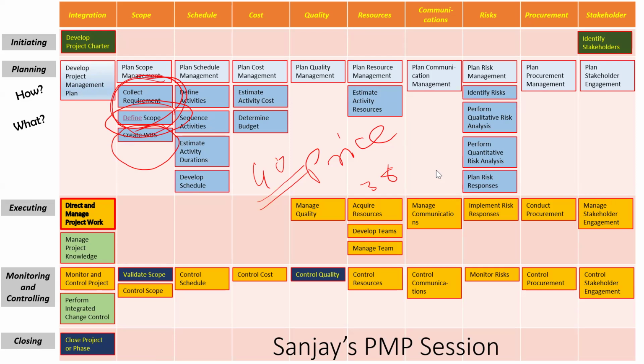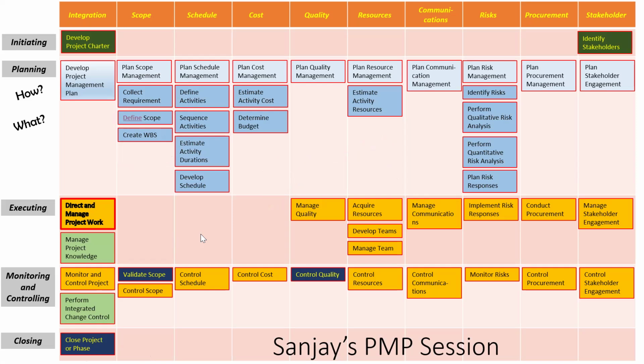The contract does not have a list of deliverables, correct? Contract says these are the things we are going to do. Project scope statement and WBS are two different things. If I use the same painting example, the project scope statement says we are going to give this type of painting, so many rooms are to be covered and all that. Breaking into the rooms, breaking into the activities below that will be done as a part of delivery, which is done in create WBS.